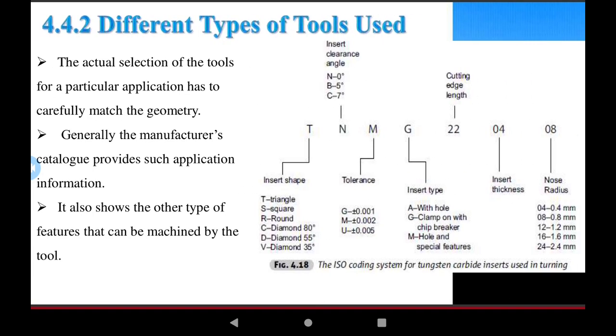Different types of tools are used in manufacturing operations, with different codes for the tools. The actual selection of the tools for a particular application has to carefully match the geometry. This is the point: the selection of the tools depends on the need of the manufacturing operation, the cylindrical workpiece, the cut of the surface, and the depth of cut of the tool depends on the